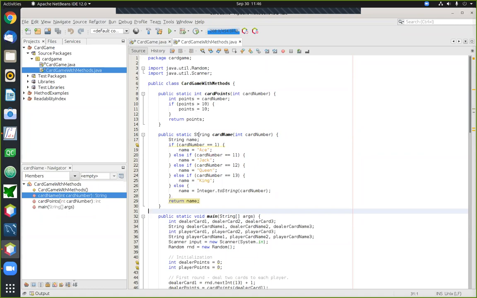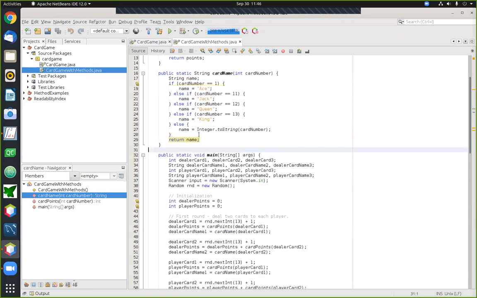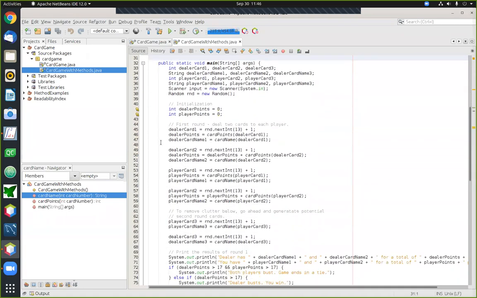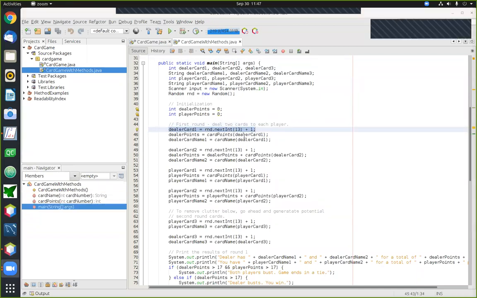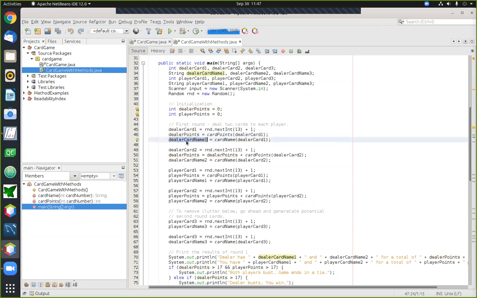Again, in the main code itself, we have to deal with 6 separate cards. And now the code for dealing with the 6 separate cards is quite a bit simpler, because now in each of the cases, we have methods to help us do some of the work. Because we have pushed the work off to the methods, the code for handling each individual card can be much simpler. For example, the code for dealing with card number 1 basically involves generating a random number for the code number. We then pass that random number to each of these two methods, and they answer 2 key questions for us. First of all, how many points is it worth, and what's the name of the card?